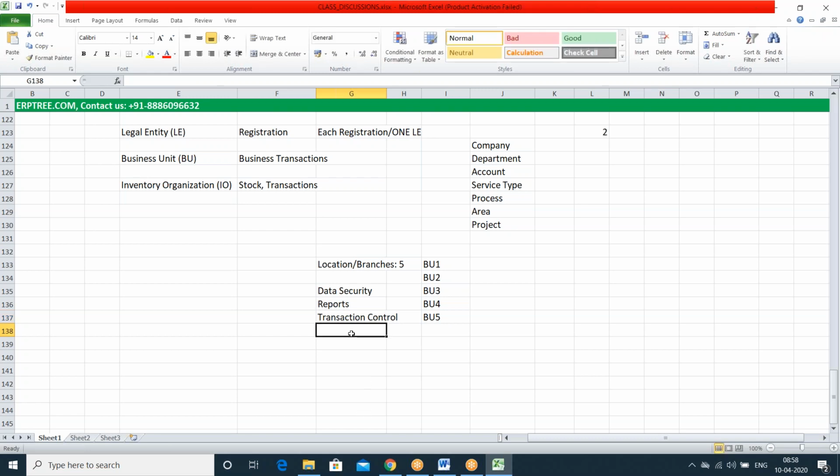To set a control on the transaction, say in so and so branch, whatever approach they follow may be different from another branch for certain transactions. That we call as transaction control. Okay, one is data security. Along with the data security, you can say simply data segregation also. Data segregation, data security, and to prepare the report separately, branch wise or location wise, or to set a control on the transactions which are processed in the specific location or branch, we have to go with a separate business